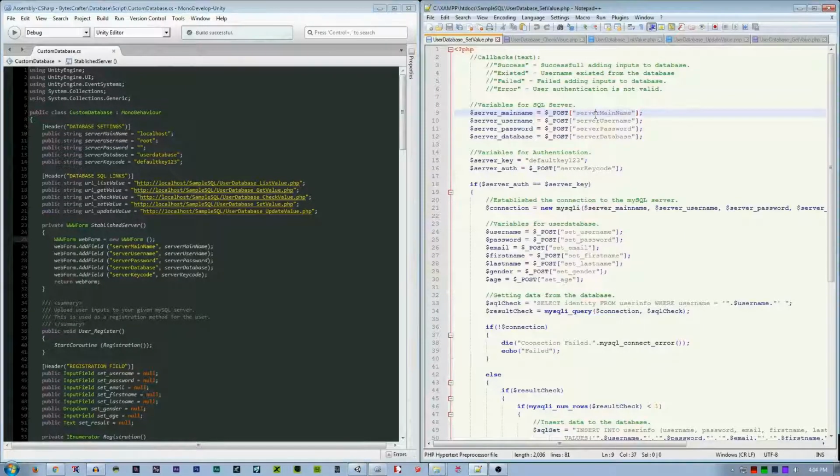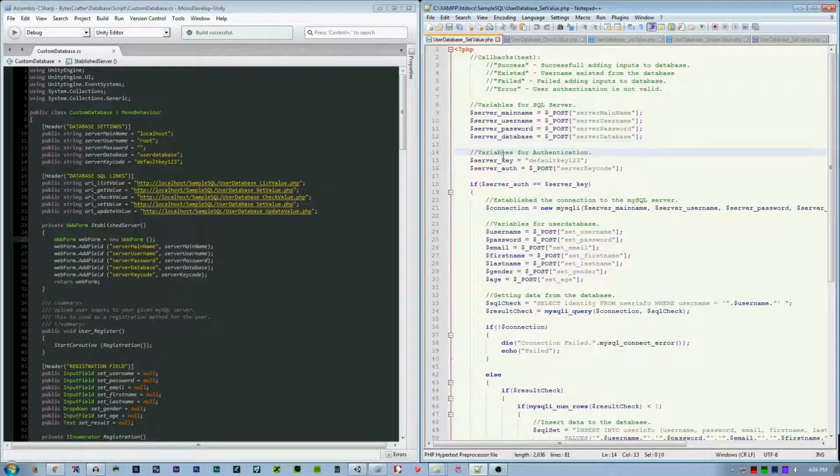As you can see, this string value is the key to access this variable via the C# script. This server name, username, and password will be used to establish a connection using the new MySQL method.